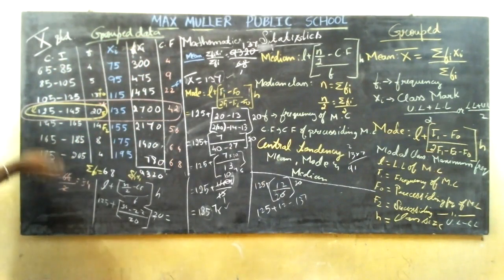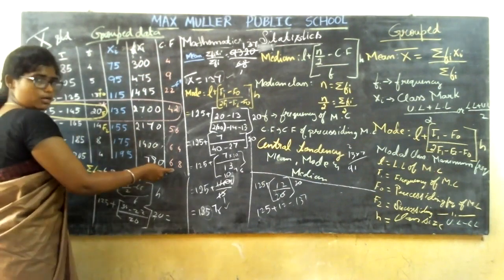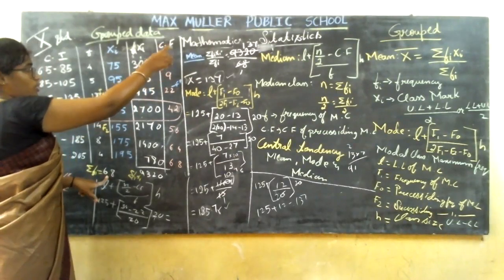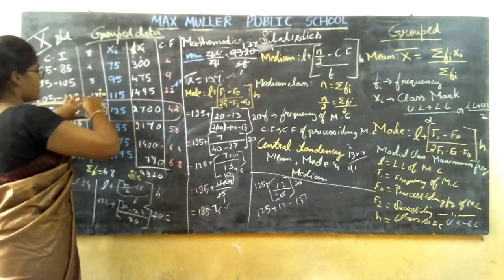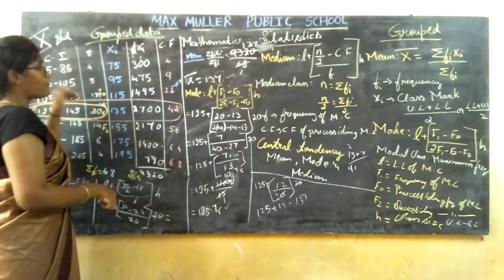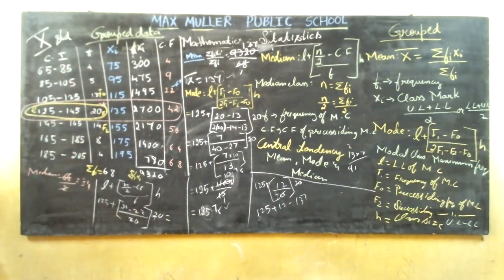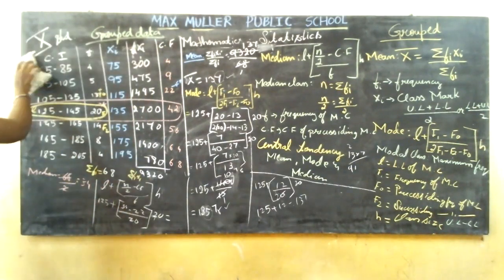Then if they ask you more than or equal to, more than, you are going to take the left part of the class interval. Okay, if you take the left part of the class interval, you are going to do the reverse order. Reverse 68, whatever the number you have here, n, you are going to write 68 minus 5, then 13 minus, you are going to subtract. Okay, for more than, they won't ask you more than or equal to find the mean. If they ask you to find out, then you are going to subtract. Let me show one sum based on that also. So I think this is clear.